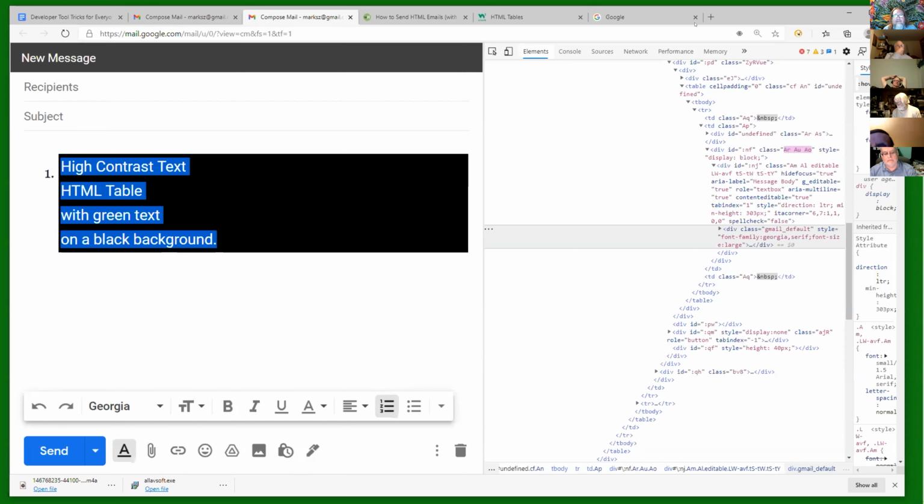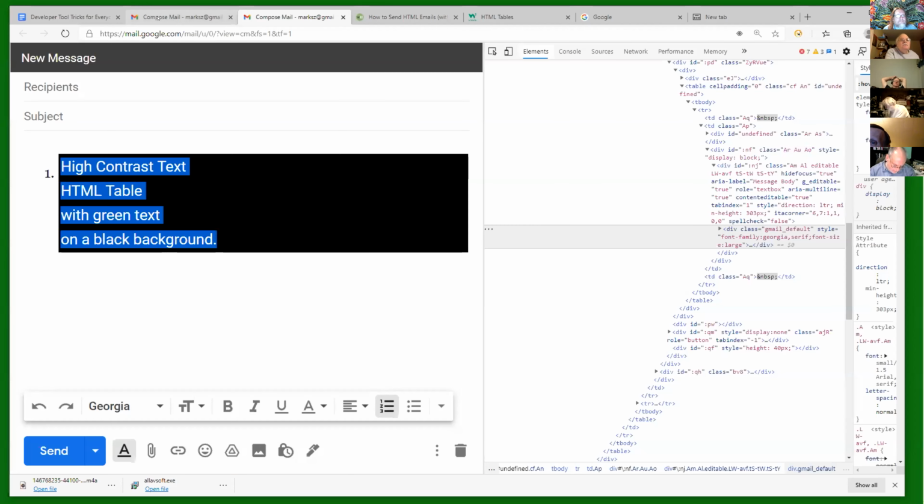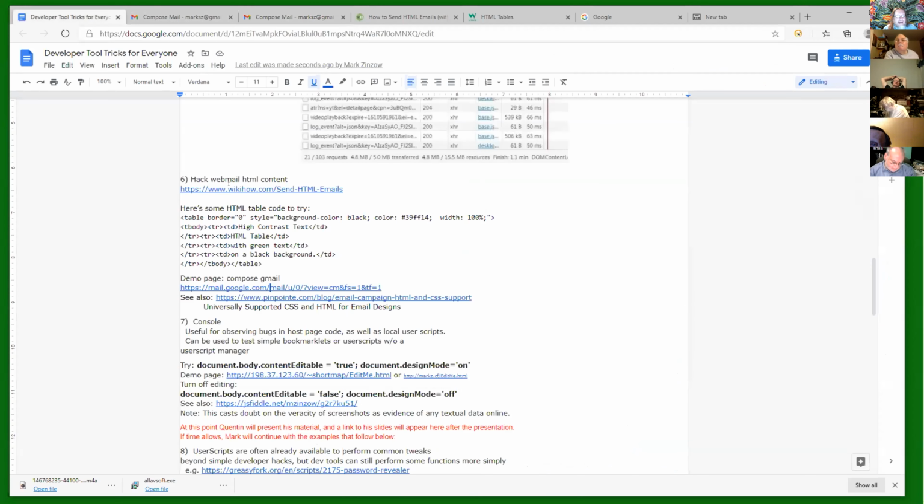Or you can simply drag, well, here, let's, now I think, yeah, sometimes the images will copy and sometimes they won't. But anyhow, hacking webmail HTML